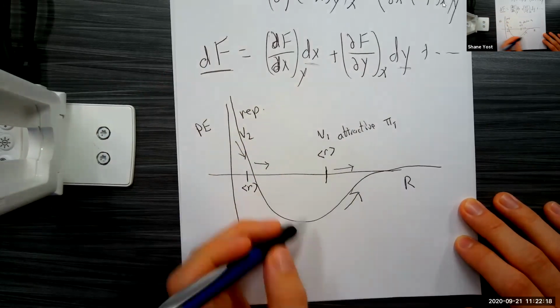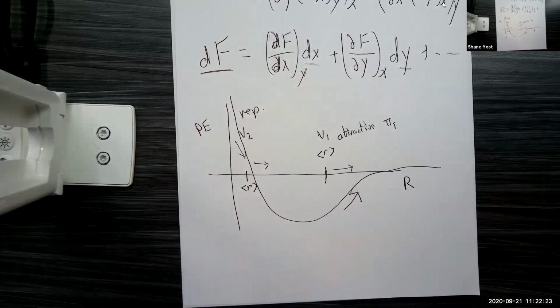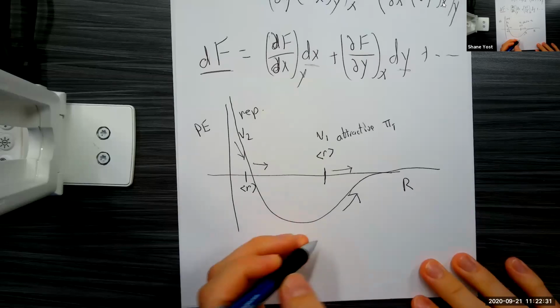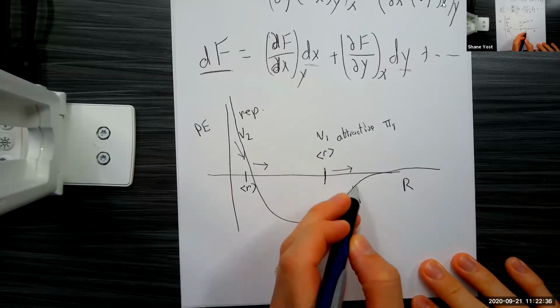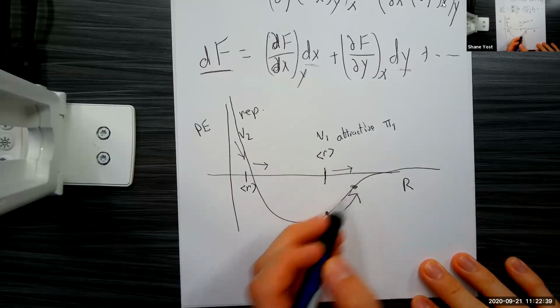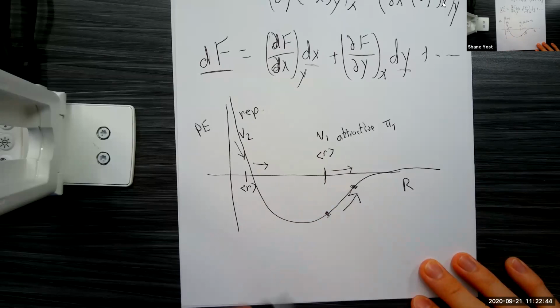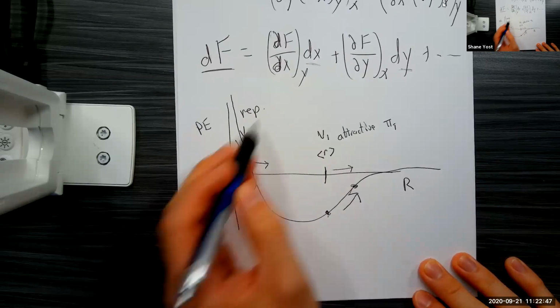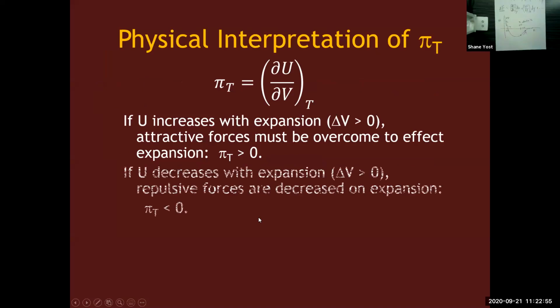If I have attractive forces dominating, then an increase in volume corresponds to an increase in that potential energy, okay? Some loss of internal energy, right? It's going to require some energy for your molecules to go from this point out to here. So I'm losing some amount of potential energy, my internal energy is being decreased as I'm doing this, while I gain some potential energy when repulsive forces are dominant, okay?